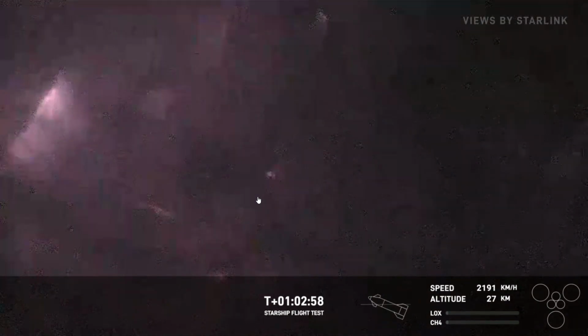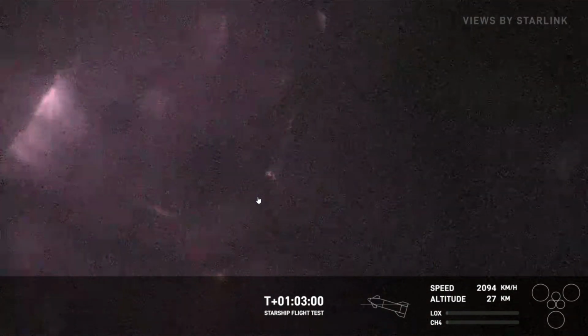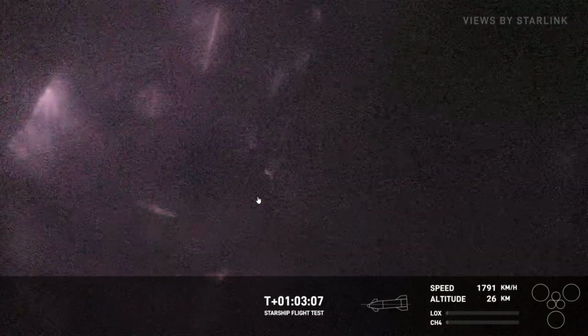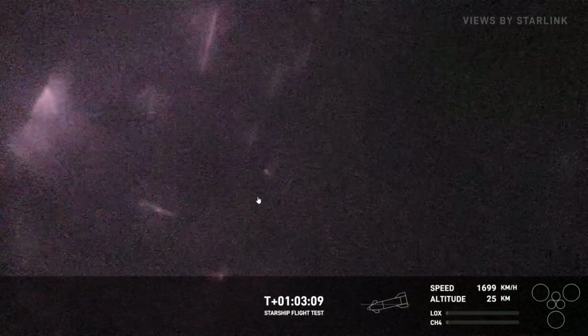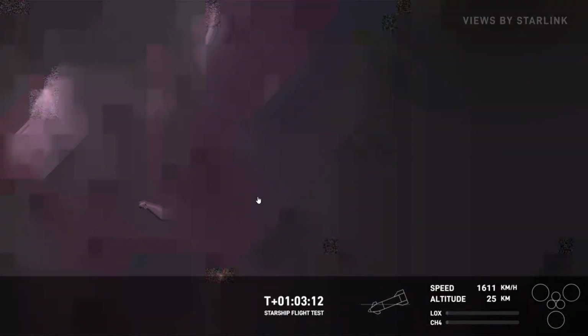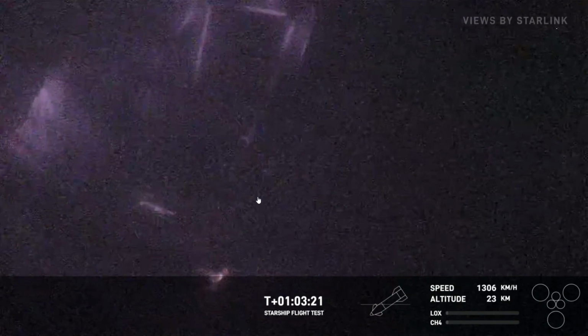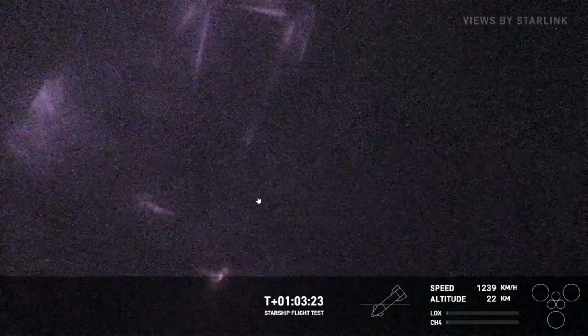It sounds like the vehicle is traveling, as we just heard, Mach 2. I thought maybe it might clear up. It is a little bit. Now at T plus 1 hour, 3 minutes and 13 seconds into Starship Flight 4, hoping that the ship can hang on. It's potentially hanging on by a couple of bolts and threads, but it's still going,